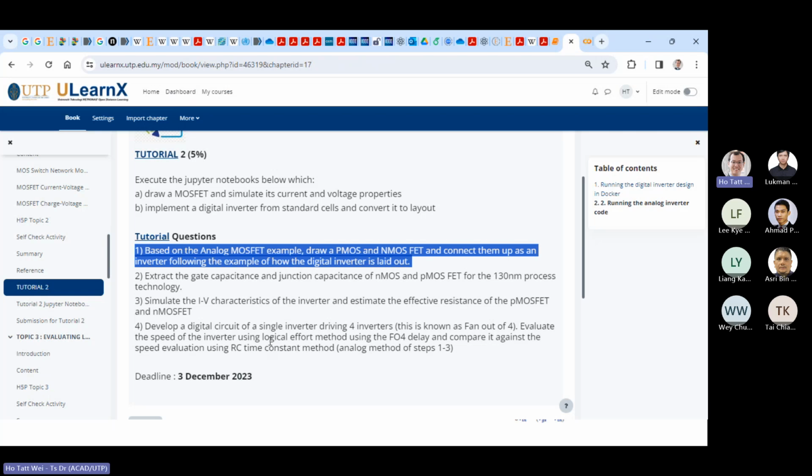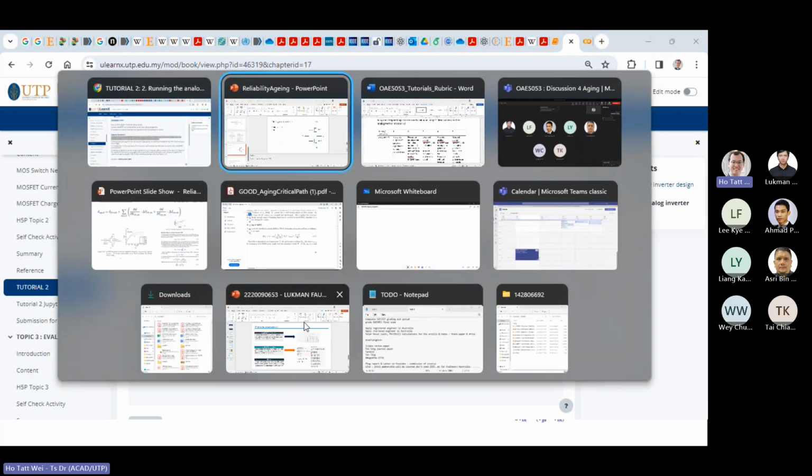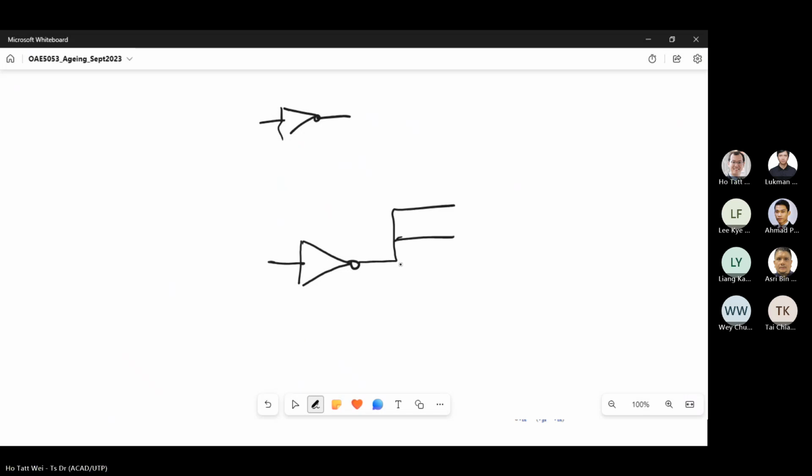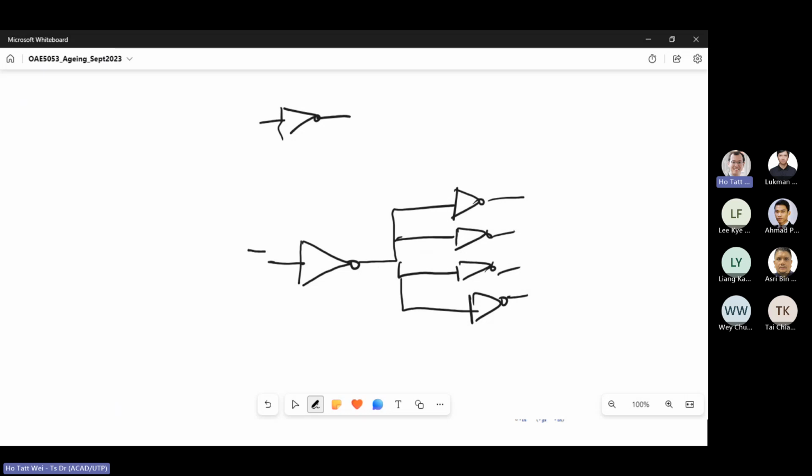And question 4 is using the digital version of that. Okay, so in question 4, the RTL code is synthesizing a single inverter. That's the RTL code. What I'm asking you to do is to build what we call a fan out of 4 inverters, using the RTL and the digital version of it. Connect a circuit like this. You have an input like this. You get some kind of output like this.